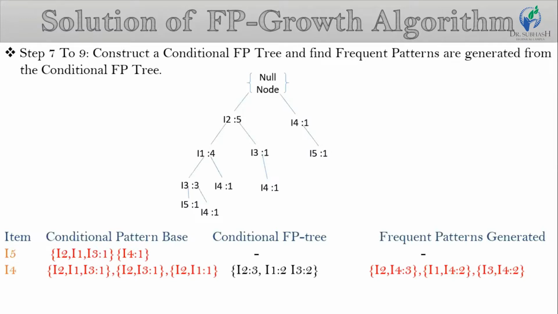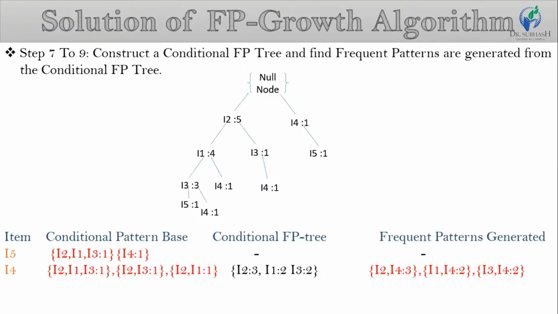So we can write I2, I1, I3: 1, which means in this branch I4's count is 1. And second is I2, I3: 1, which means in this branch I4's count is 1. And the third one is I2, I1: 1, which means here I4's count is 1. Therefore,